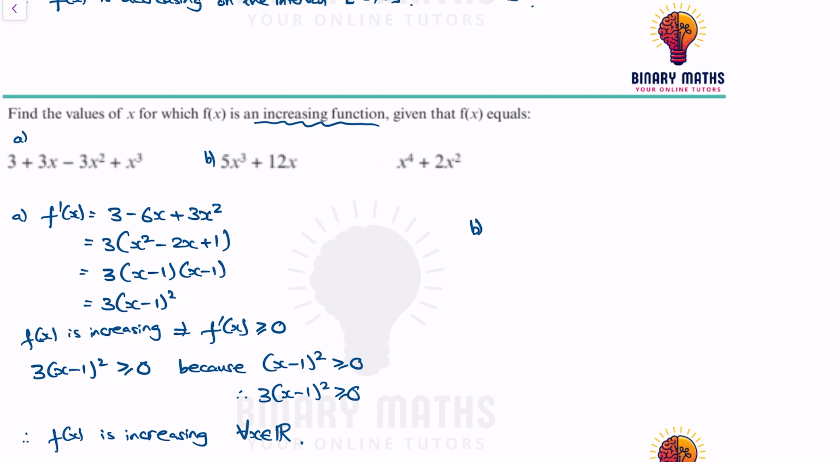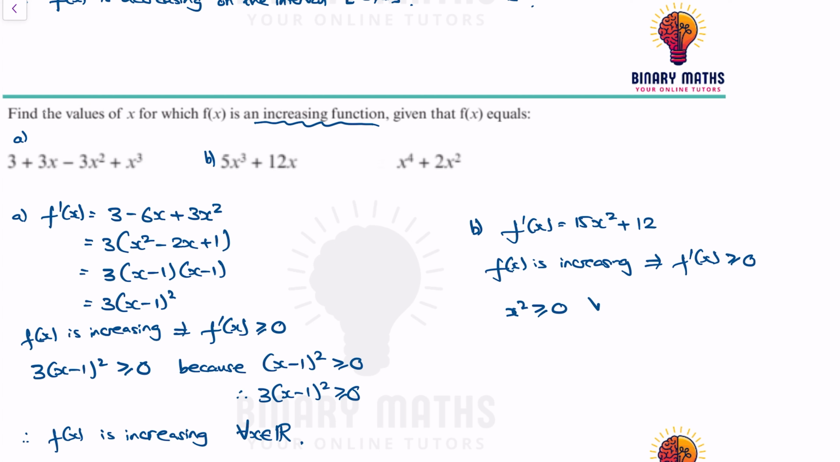Let's do b. So b, f dash of x is equal to 15x squared plus 12. So when f of x is increasing, implies f dash of x is greater than or equal to 0. So we need to know when this is equal to 0. Again, x squared is greater than or equal to 0 for all x is an element of reals. Therefore, 15x squared is greater than or equal to 0 for all x is an element of reals, which implies